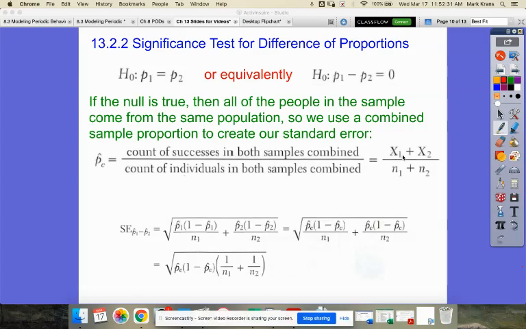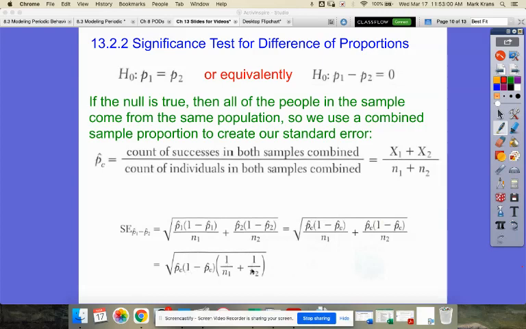So you take your successes from both, add them together, your totals from both, add them together, and you get this nice little formula. It looks just like the other one, but rather than being p1 hat and p2 hat, if those are both technically the same, let's just combine them and get a new p hat combined, over the two things, which then would look like this